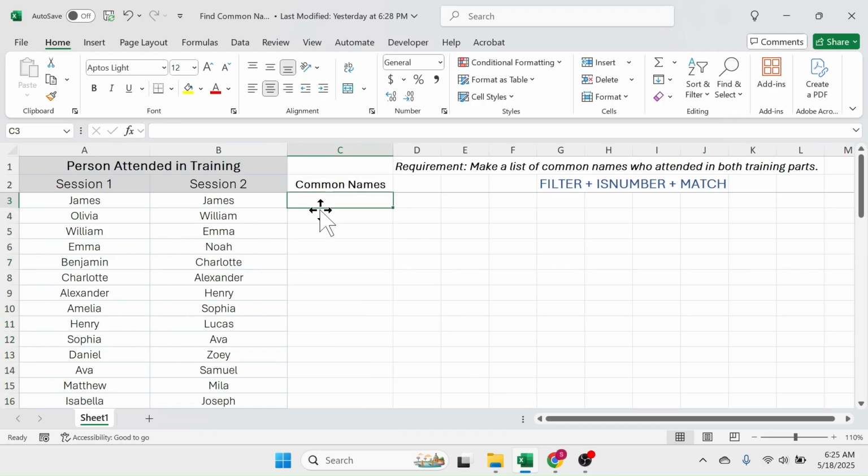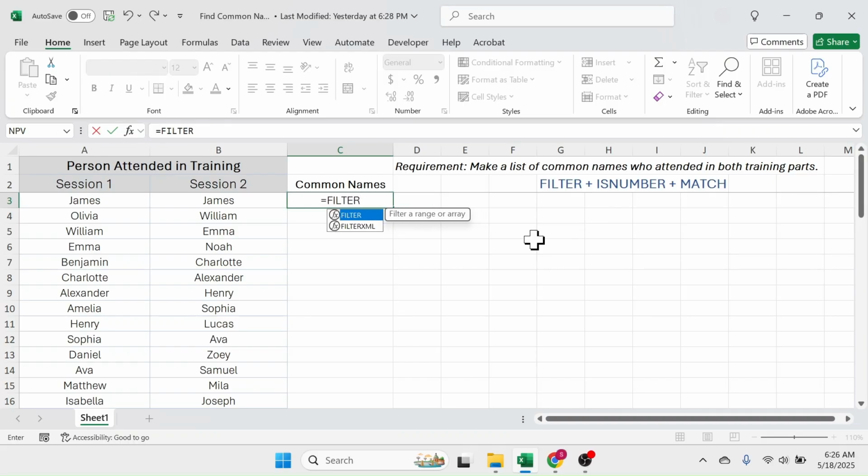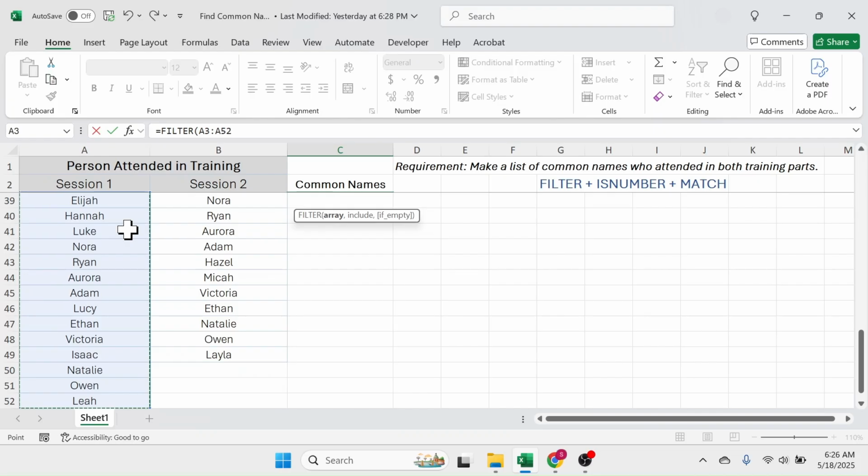In this case, I can use the combination of filter, ISNUMBER and MATCH function. In this cell, press equal to, type the filter function, open parenthesis. In the array parameter of the filter function, select the first list or the session 1 list. Then put a comma. In the include parameter, combine the ISNUMBER function,